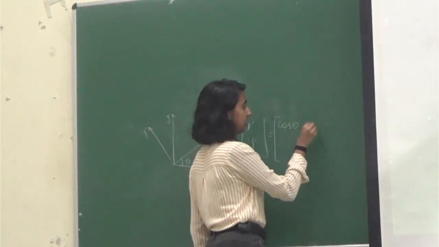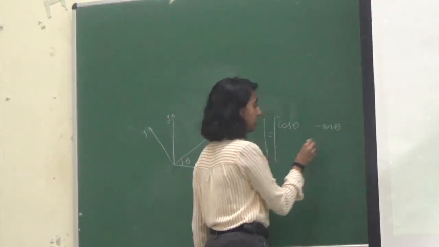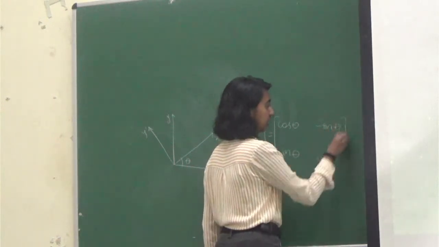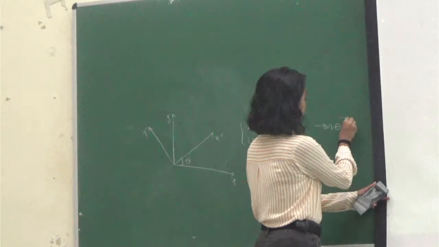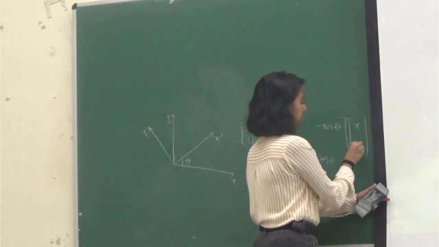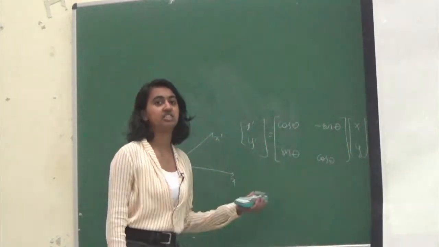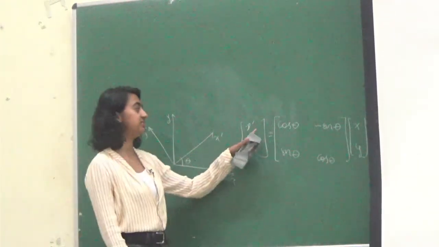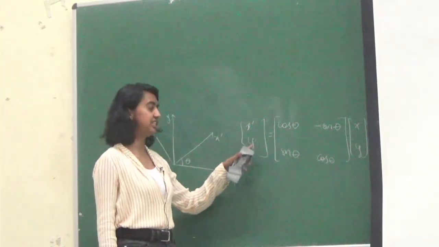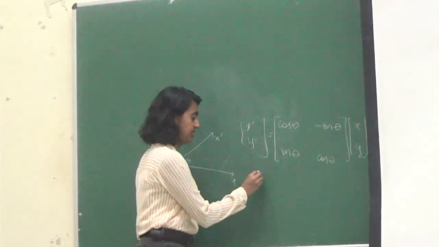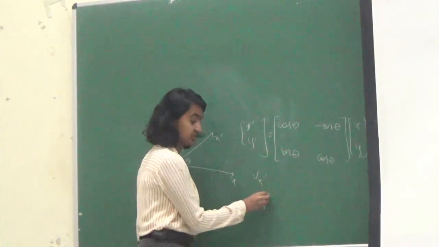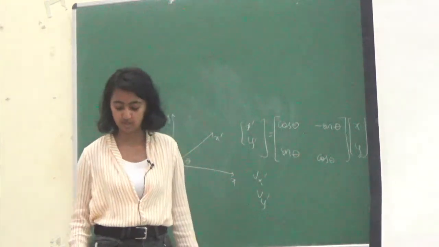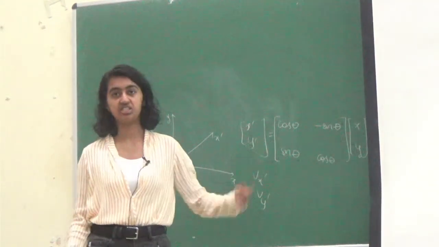Cos theta, sin theta, cos theta. This is basically how frames of reference rotate. Now if we do this, we get x dash and y dash. We differentiate x dash and y dash to get the velocities, and differentiate again to get the accelerations. If you solve this matrix and differentiate it twice, which takes some work,